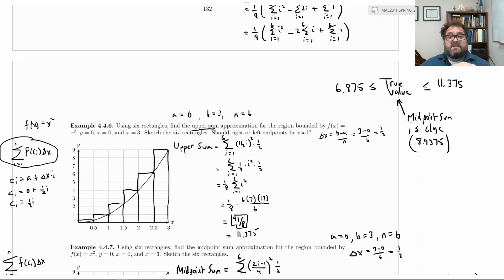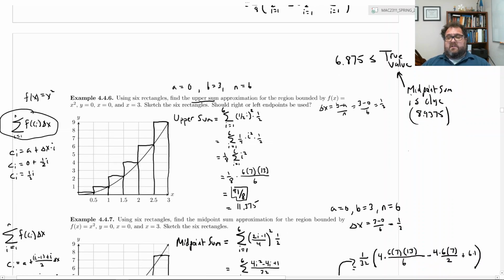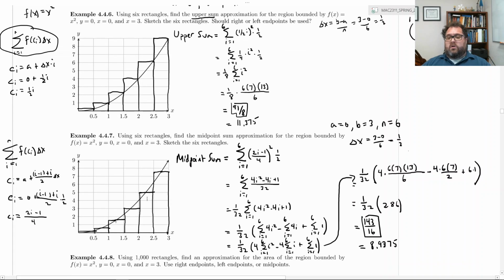So that's always the way to get a better approximation. We used 6 measly rectangles. What if we use 1,000 or 10,000 or 1,000,000? Turns out the work isn't really any extra. Whether you're using 6 rectangles or 1,000 rectangles, the work doesn't compound because we're using sigma notation. That's the whole purpose of sigma notation, is to allow us to work quickly with these